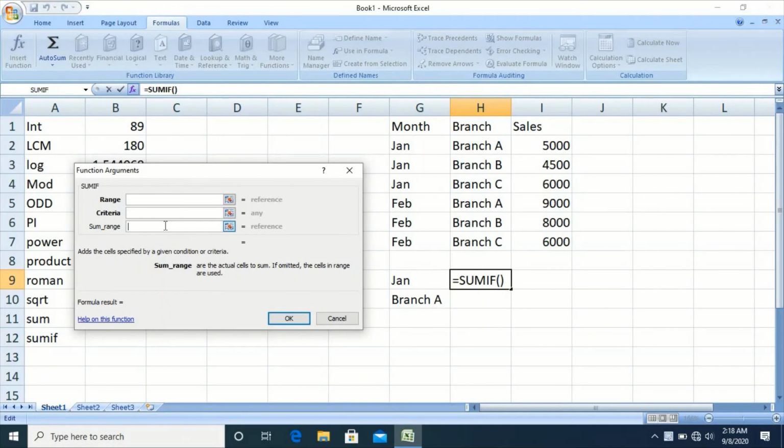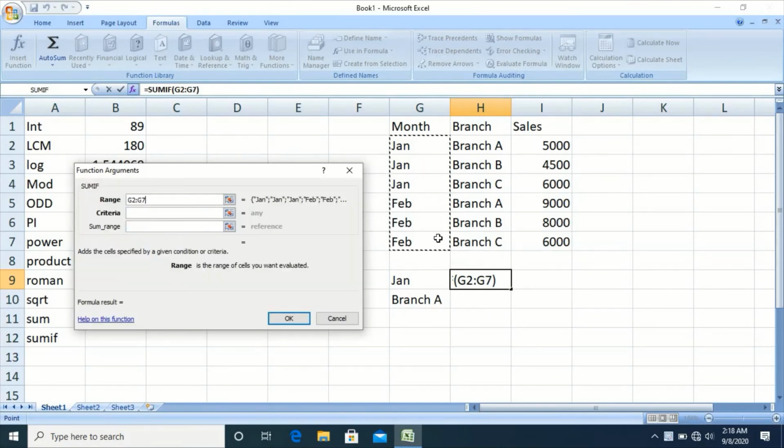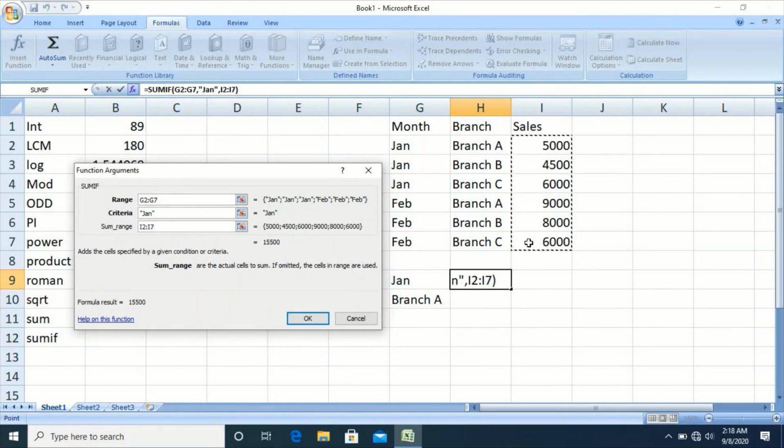So in this example, as we want to calculate total sales done in the month of Jan, range will be all the months, criteria will be Jan, and sum range is the sales values.